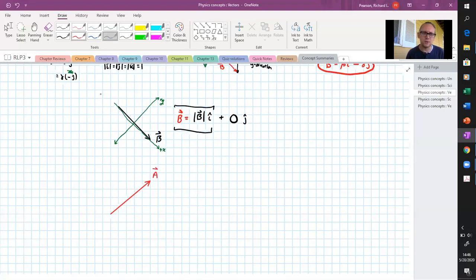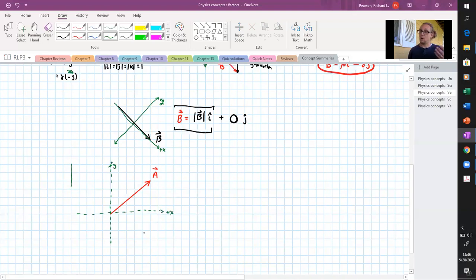And we're going to set up our axes. I'll just set them up here. I'm going to do them dashed, though, because I'm going to draw the other vectors here. So this is our positive y direction. This is our positive x direction. And so now, again, we want